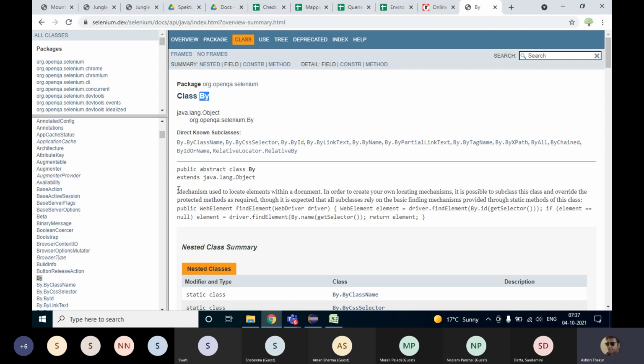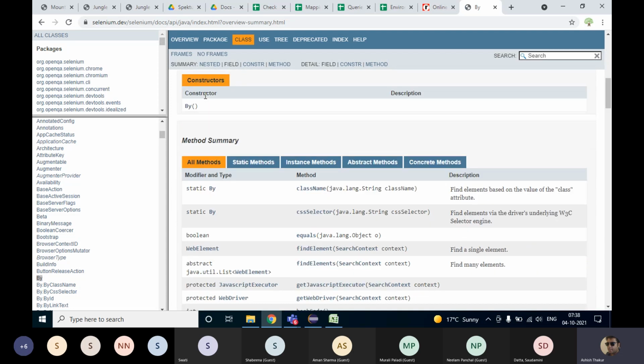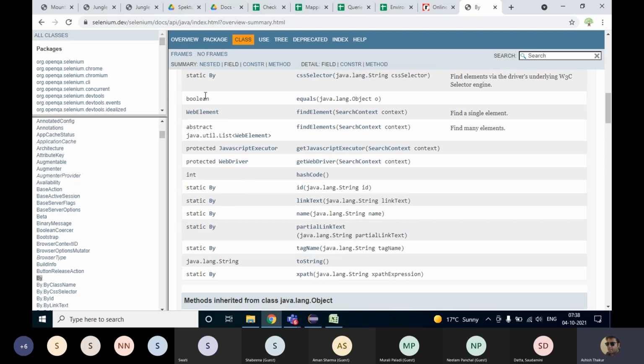This By class holds the mechanisms used to locate an element within a document. Document means the web page basically. So this class holds the mechanisms through which we identify the elements on the web page. There are different mechanisms, like you can identify it with ID. You can identify a link with link text in Selenium.